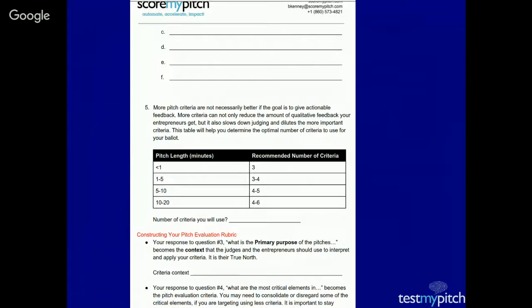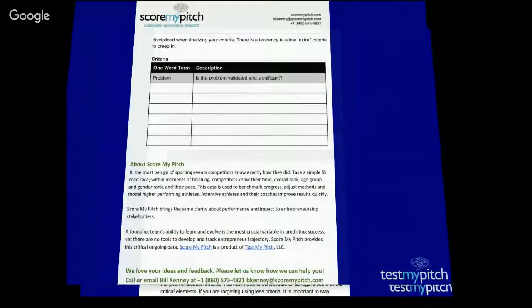So there's a balance between those two. And again, perfect is the enemy of the good. The whole goal of this is to help you get a good, reliable start, and then you'll evolve it as you do more events and have more experience.